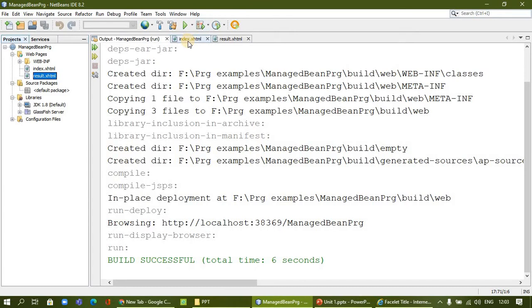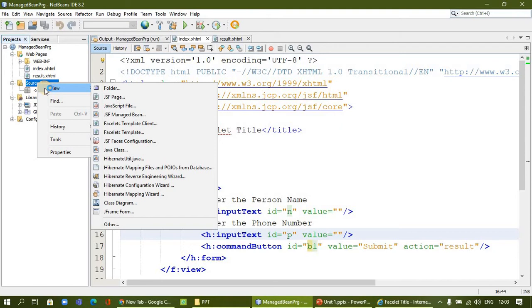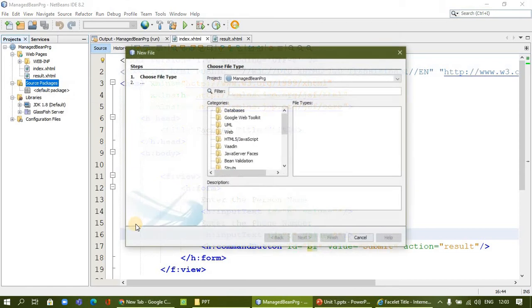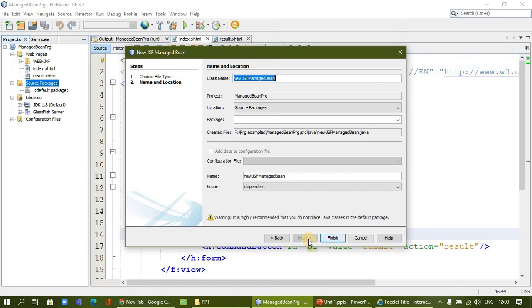Now we have to connect our code, this value, to the managed bean. So I am going to create a managed bean. Here in the source package, right click over here, new. If there is a managed bean present, you can select it, otherwise go to other. In the other, again JSF, choose JSF, Java Server Faces, then you can come to the managed bean, then say next. Here you can give any class name. For example, I say user is my name. And here you can see the object name that is prepared.